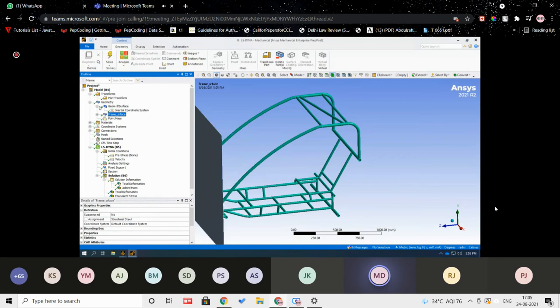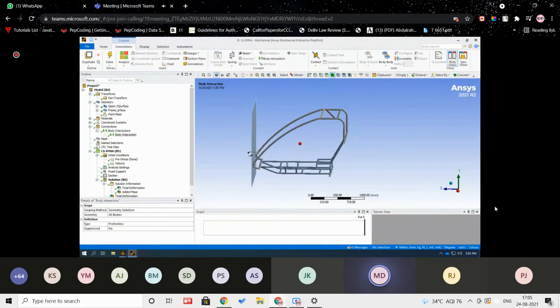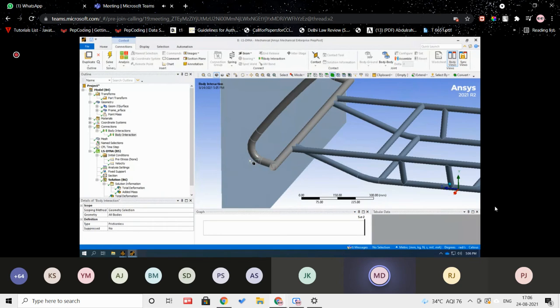If some interaction is happening between one or two bodies, it will consider it within the contact. Let's suppose there is a curvature, but if it is a straight member and it would have collided with this and got crushed, even the self surface of the frame, if it is colliding with its own surface, that also will be taken care of by this body interaction. That is why it is known as body interaction.